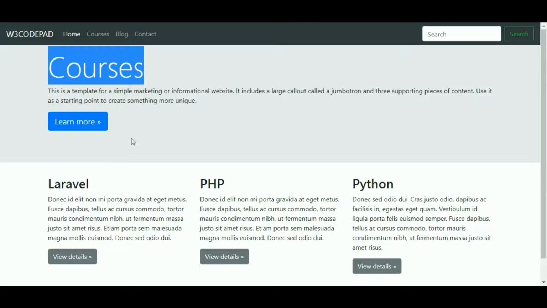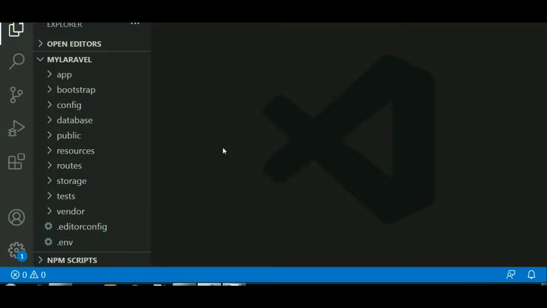I have this HTML downloaded from Bootstrap examples, so you can also download it. I am opening the HTML file here in my Visual Studio Code, and I will create one layout file, layout.blade.php. Let's see how to do this. In Visual Studio Code, first I want to open my HTML.